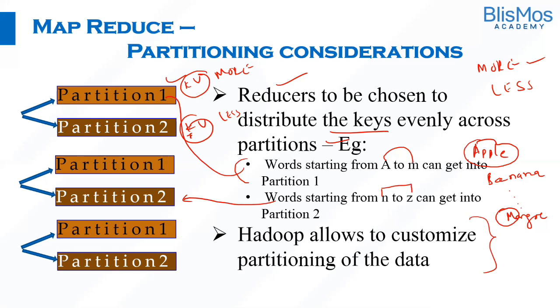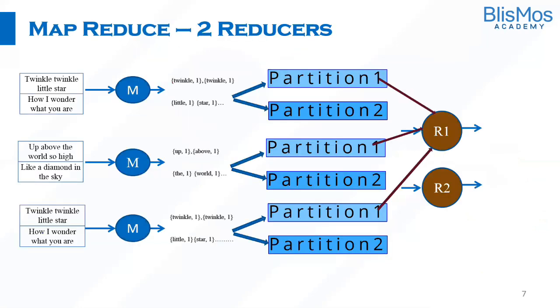We'll deepen our understanding about this by taking this example. Let us say mapper has produce these key value pairs. This mapper, and the third mapper as well. What we want to do is we want to increase the parallelism, and we have introduced two reducers here. As we discussed, to ensure that this reducer gets the equal amount of key value pairs as that of the